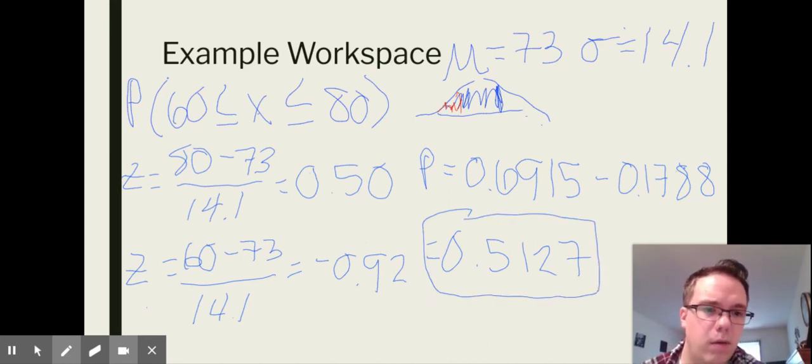So this is just combining what we learned before of finding a z-score by taking the value minus the mean over the standard deviation, and then using that z-score on the table to find our probability. If it's less than or equal to, we're just going to use the value from the graph. If it's greater than, we're going